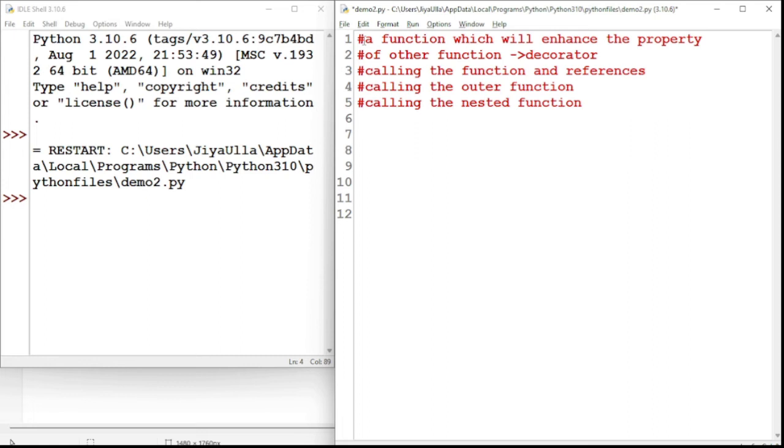The definition, actually: a function decorator will deal with a function which will enhance the property of another function. That function we call a decorator. Some function is there, let's say a, and that function a will enhance the property of another function, let's say